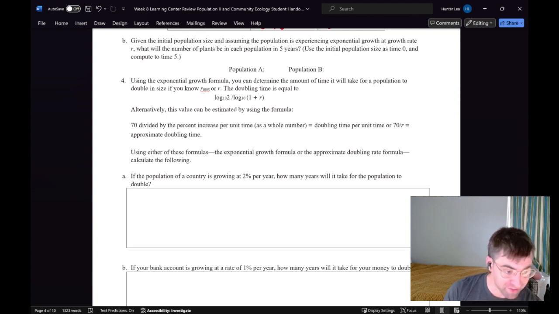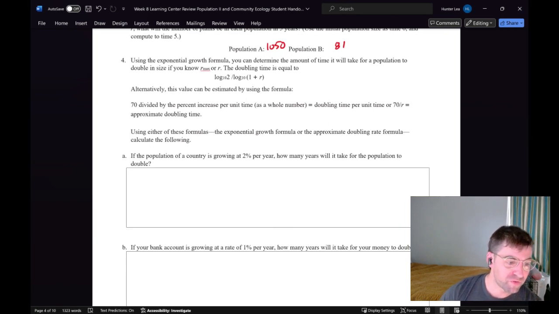I'm just going to write the answers here and you can do that longhand if you want. If you know the better way to do that, please teach me. You should have 1,050 individuals for population A and 81 individuals for population B. I only know the long, boring, probably dumb way to do this. So